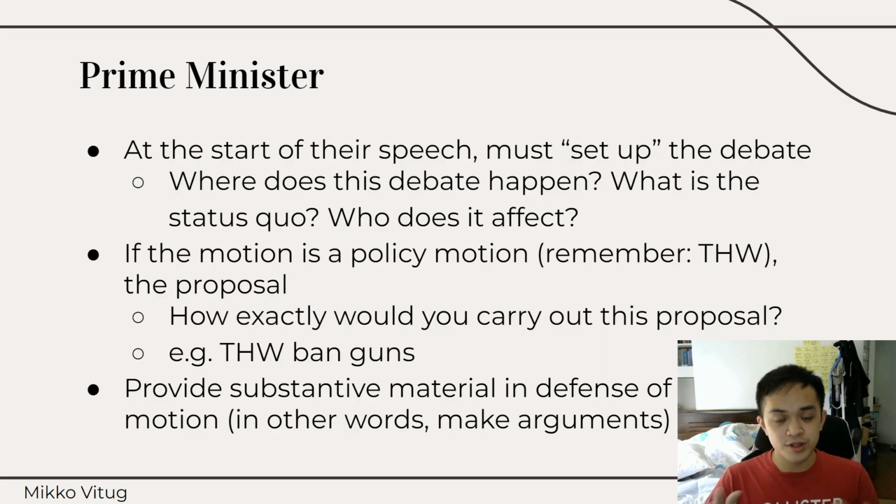And this is important because when you set up, that's also how you prove that the policy is going to work. Because if you don't have a detailed setup, if you have a setup that doesn't sound compelling, the opposition team can just say, yes, the government team can do all these things, but it doesn't mean that it's going to be successful, and that's why it's not a good policy to do. So you have to be very specific and detailed with how the ban will work, and also make a policy that is going to be advantageous to your side.